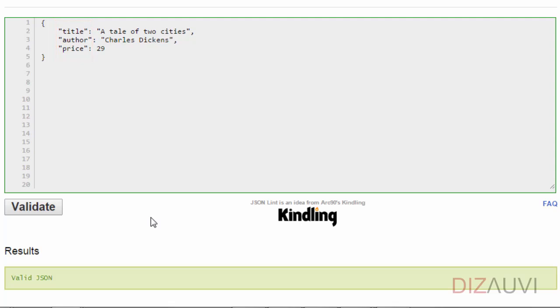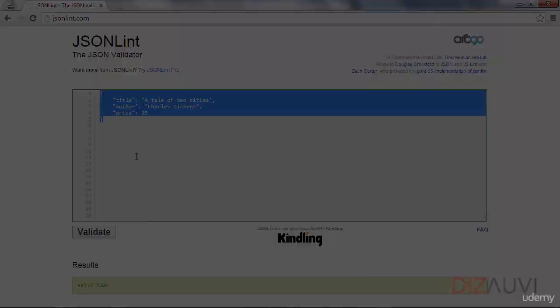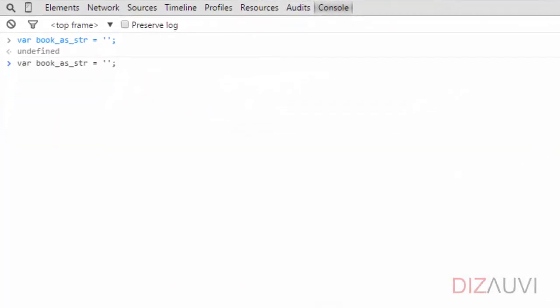Of course, there are more details to the JSON format which we will not cover in this tutorial, but you will get enough familiarity once you understand JavaScript objects. The beauty of representing your data in this format is this. Let's first store it in a JavaScript variable as a string, alright? And because the string itself contains double quotes, let's put this whole string within single quotes.